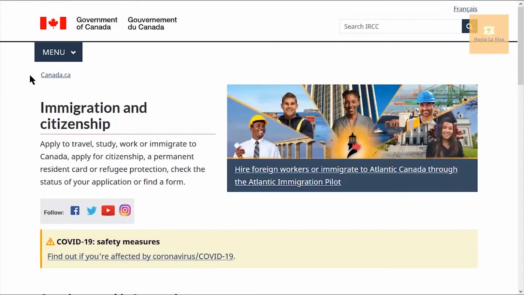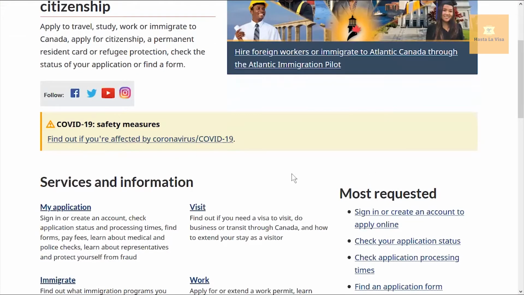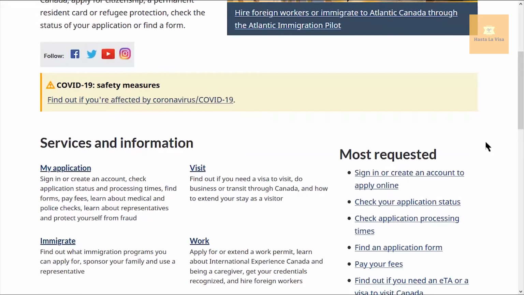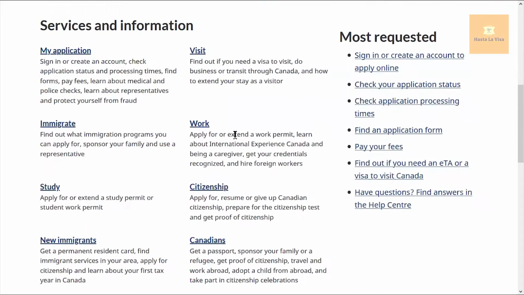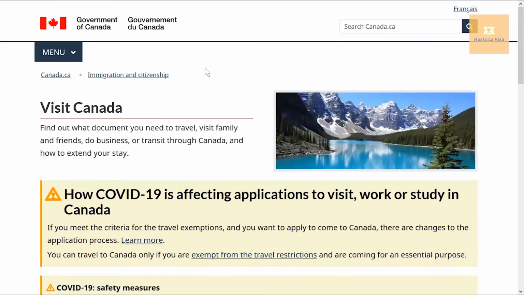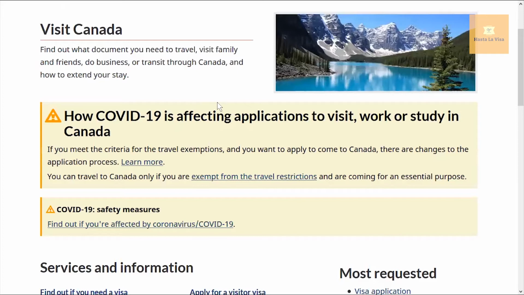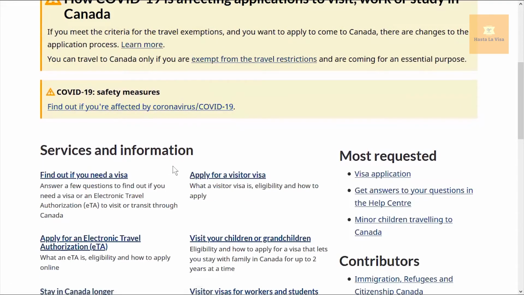So now we can start our visa application process. If you have previously applied for a visa or you already have an existing account, you can click on the sign in option and straight away sign into your account and start your visa application process. If this is your first time visiting this website, I recommend that you click on the visit option because this holds a lot of information. It will let you know whether you need a visa or not, how you can apply, and also give you a basic idea of the documents related to the visa that might be expected from you.